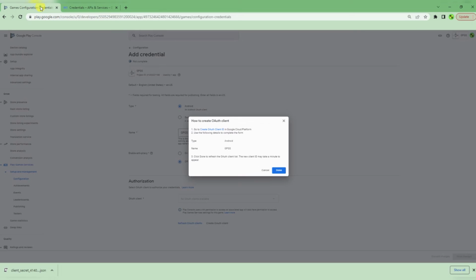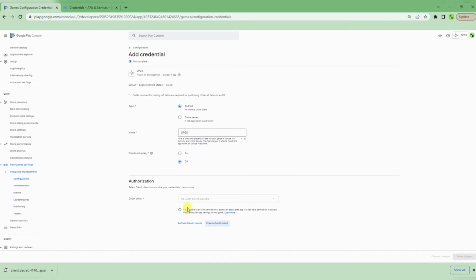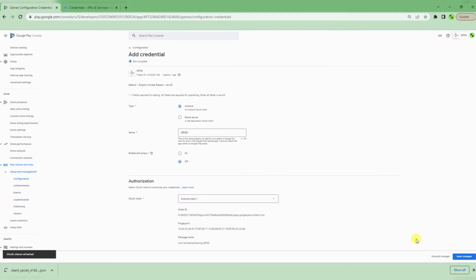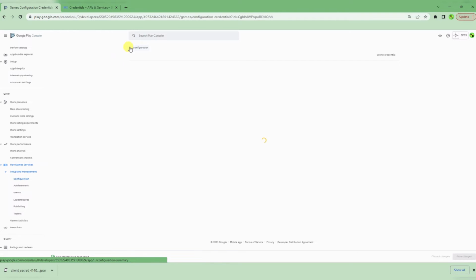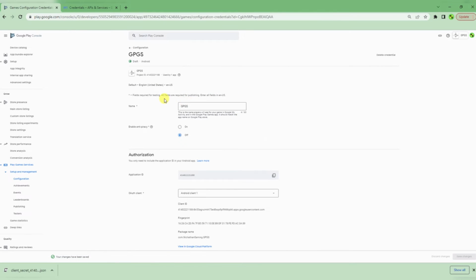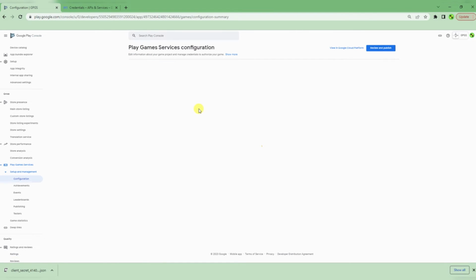Yeah, everything should be fine now. Let's go back to the Google Play console. I will refresh the OAuth clients, and I will select the client that I just made. I will say Save Changes. I will wait for it to load. Okay, everything's good. I will go back to Configuration, and we need to create one more client, which is for